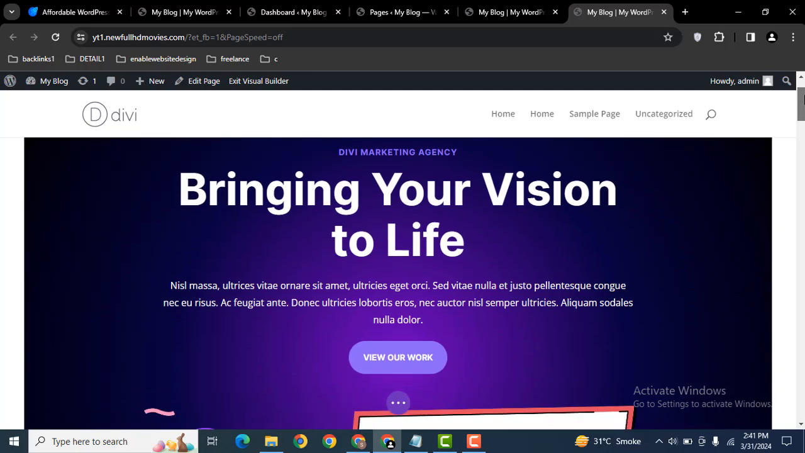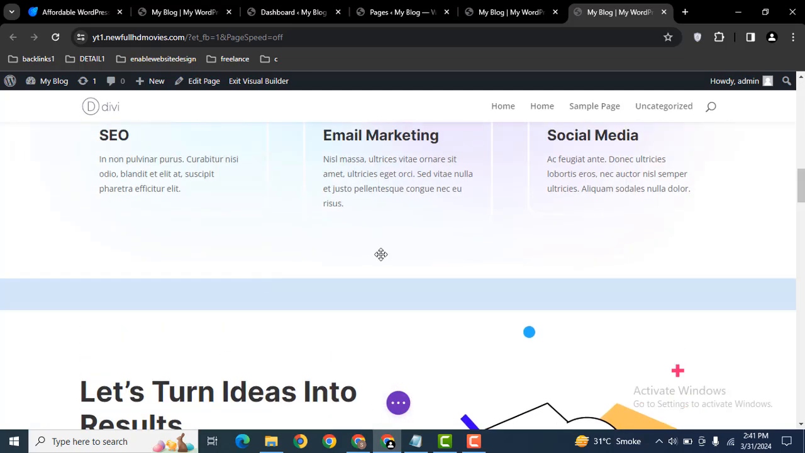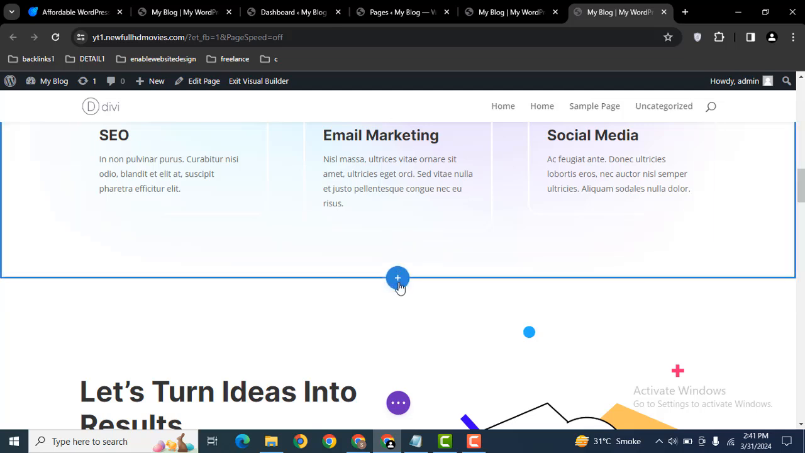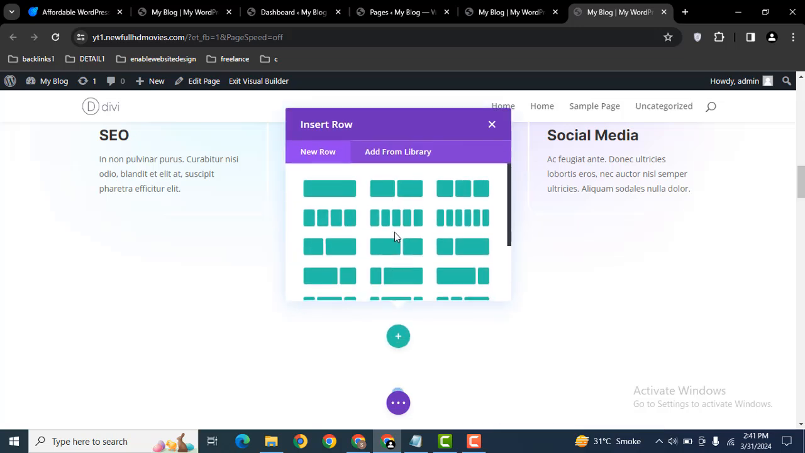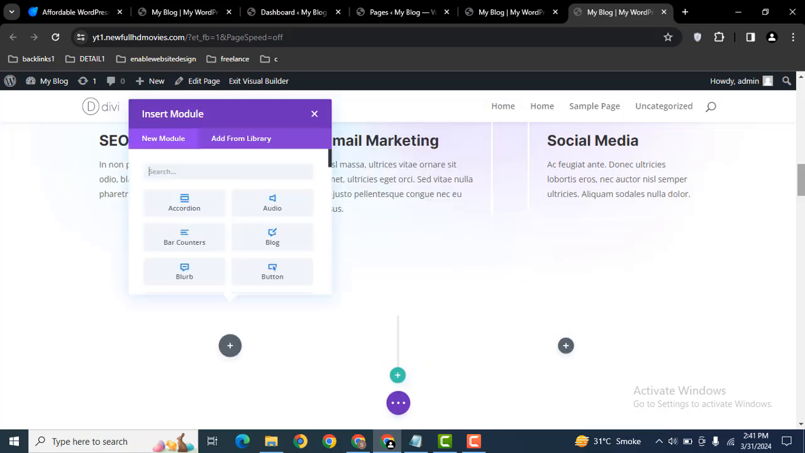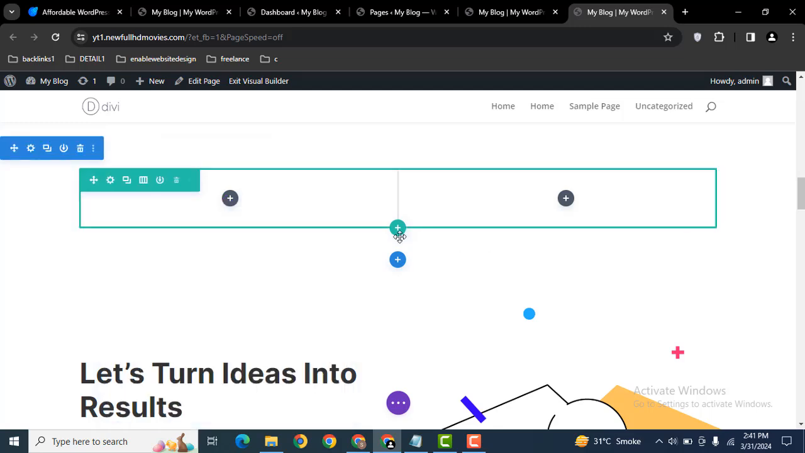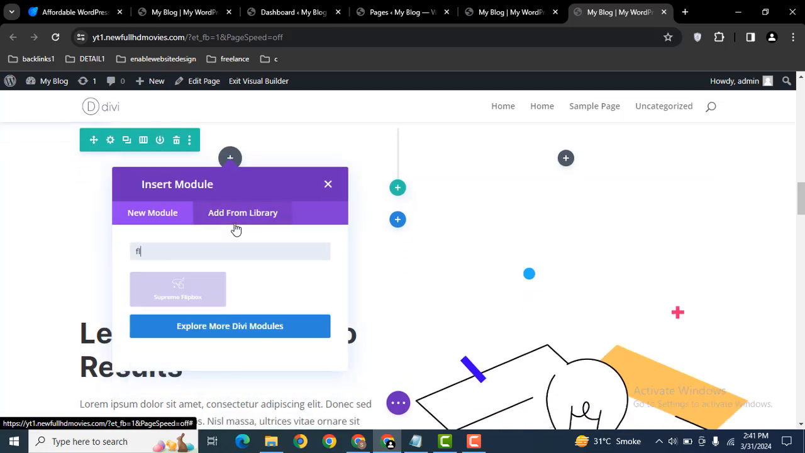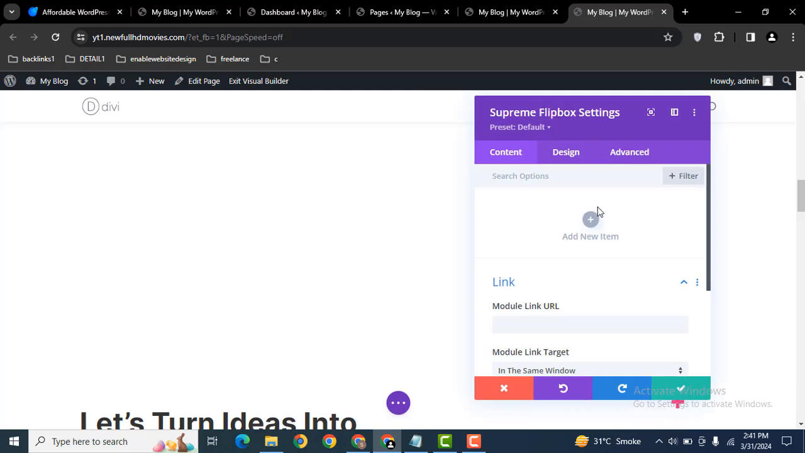Now let's scroll down, and here we can find some options to add a new section. So just click on the blue icon, then add a regular section. Then search for flipbox. Okay, here you can see module name SuperMe flipbox. Add this, then click add new item,